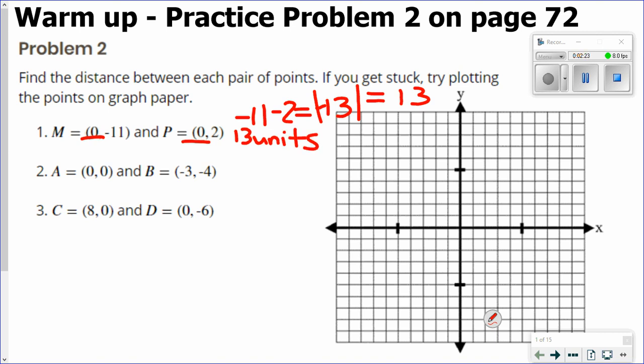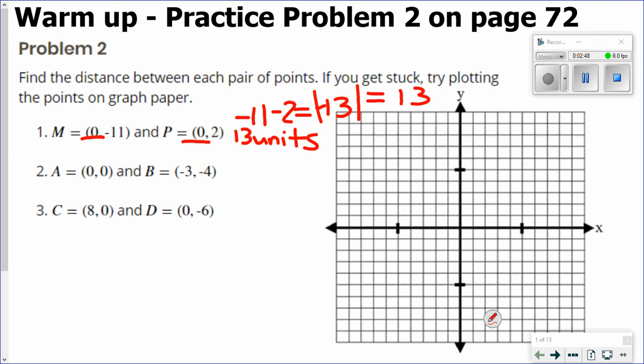When I look at number 2, I notice that neither my x's nor my y's are the same, so I can't just go right into that strategy and be done. I have to think about one of the other strategies, whether I'd like to plot them and create a right triangle out of them, or use the change in the 2 and then apply Pythagorean theorem. So for problem 2, let's plot them and see if your answer